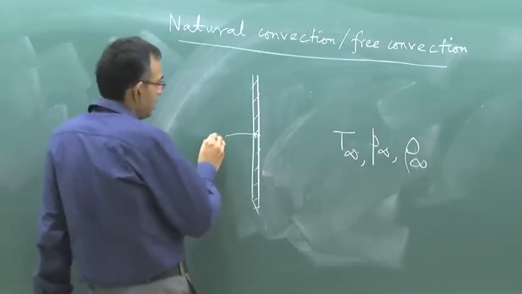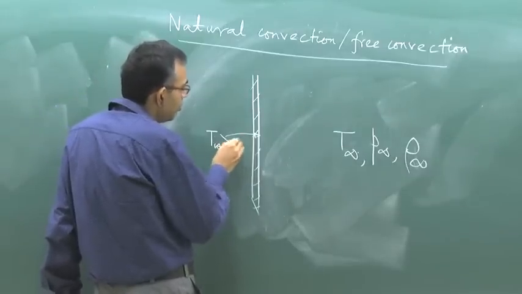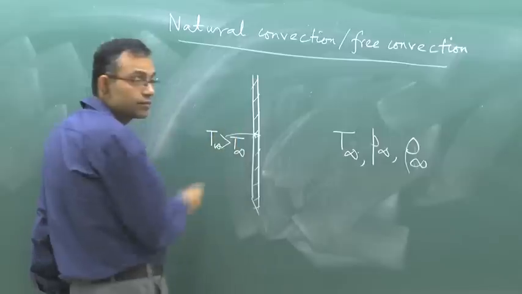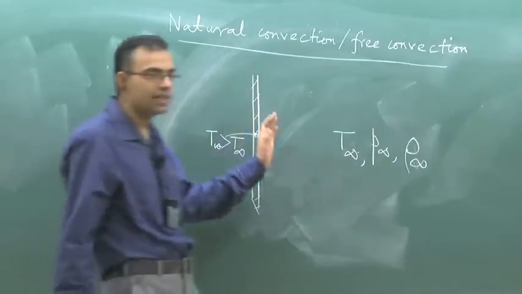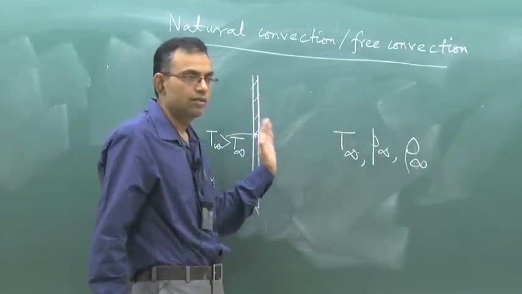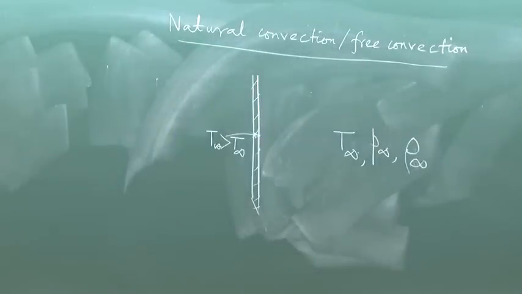Let us say the temperature of the wall is T wall, which is greater than T infinity. The medium can be any fluid, let us say air, which is a very common medium, and why we are considering this is because, see, one of the